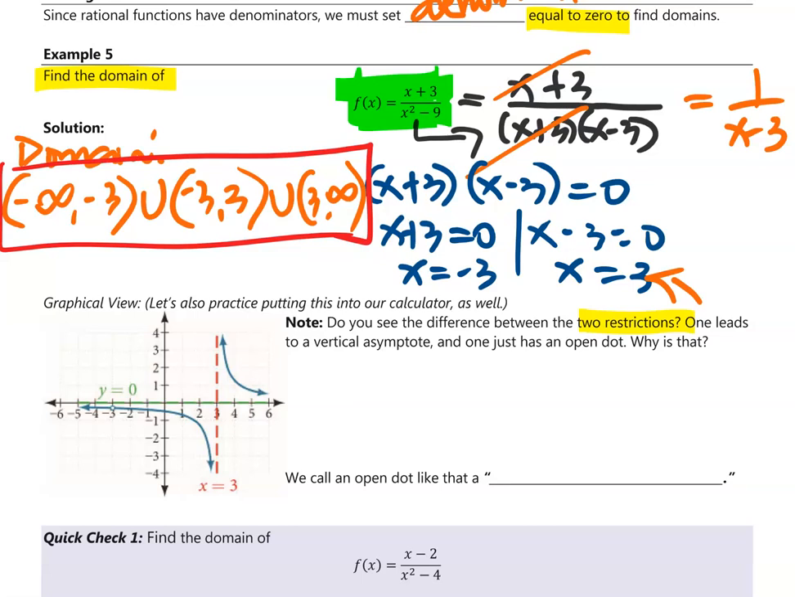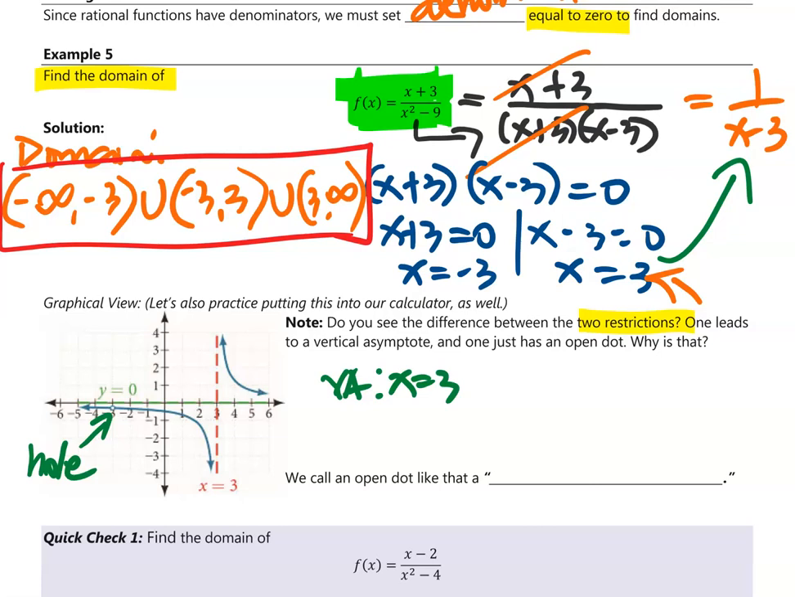So look at that. At x is equal to 3, that is your vertical asymptote. And that is your denominator. And what do you see here? When x is equal to negative 3, there is an open dot, or we call this a hole. Meaning, take note of this, when you cancel out a numerator and a denominator, that makes it a hole. Okay, so those are the restrictions when x is equal to negative 3 and x is equal to 3,